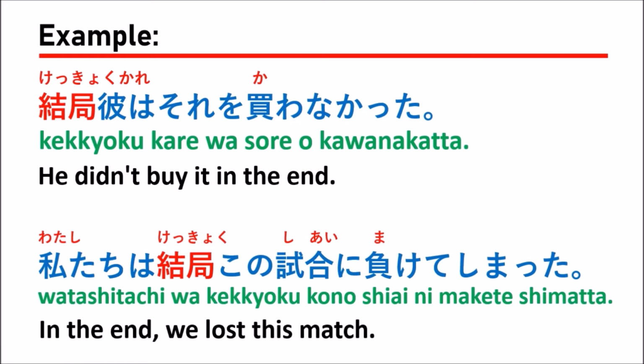In this match, in the middle we don't know which side will win, but at the end we know that we lost. So we can say 結局この試合に負けてしまった。